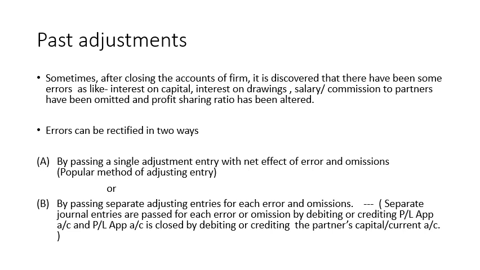The second is by passing separate adjusting entries for each error and omission. But it is a very difficult and time-consuming method. Every entry is to be passed with the corrections and compared with the errors. So generally method one remains in use. So these are the concepts. I think the students can very easily understand why we call it the past adjustment. In the past adjustment, we are making the adjustment for the previous year's items and showing one adjusting entry after rectifying in the balance sheet to forward to the next year.